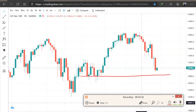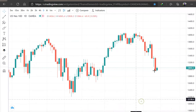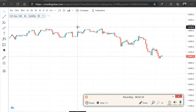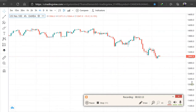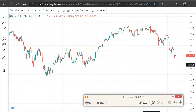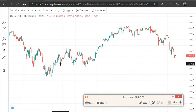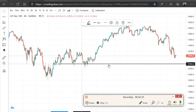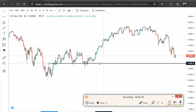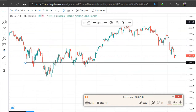So let me go straight and try to draw that so that we can see. We never took so many trades, but yesterday we had a very nice trading session. We did make small profits, then we got out, then the market was just selling off. So around this area, you can see that, let me just take it up. So here you can see that this is our